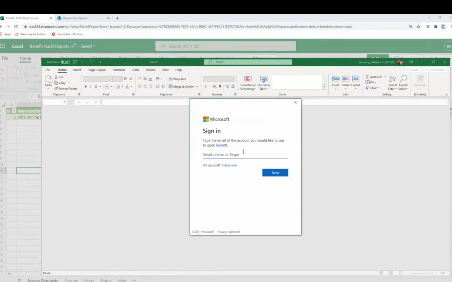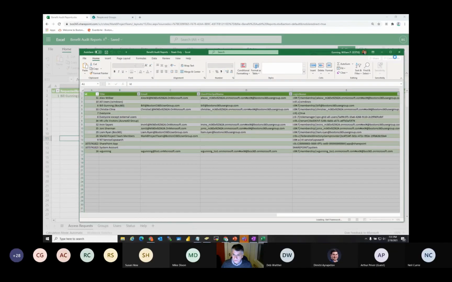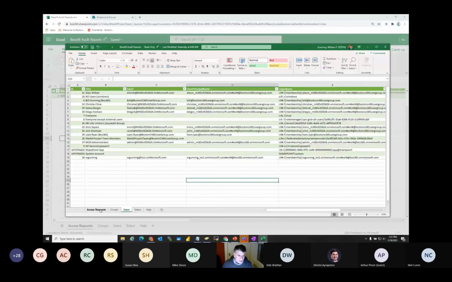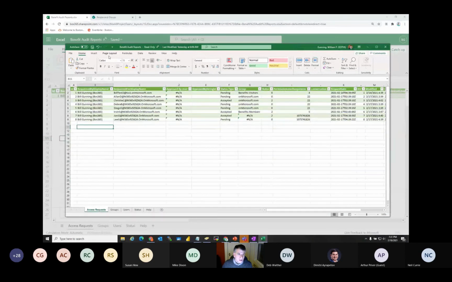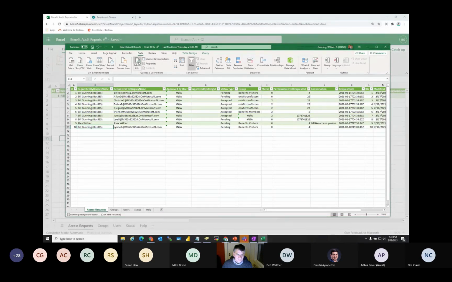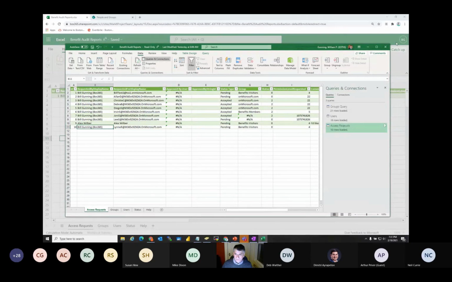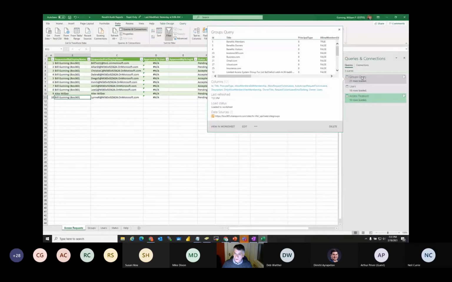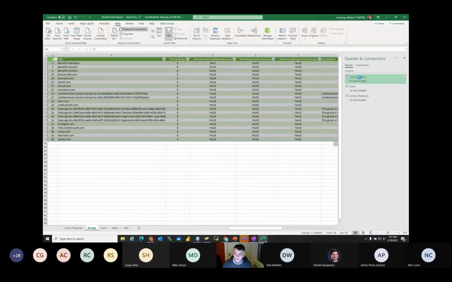I have to log in. Okay, there we go. So this is an Excel file, sorry. And if you go to data and refresh all data, you should be able to see the data come in. And up here under data, there's queries and connections. So let's show this to you. In queries and connections, here's the groups query. If I double click on the groups query,